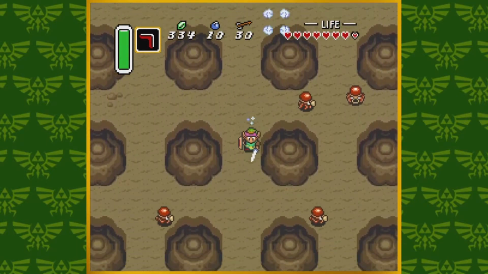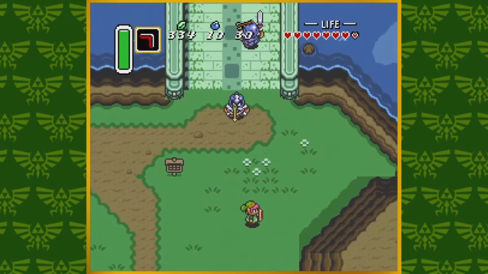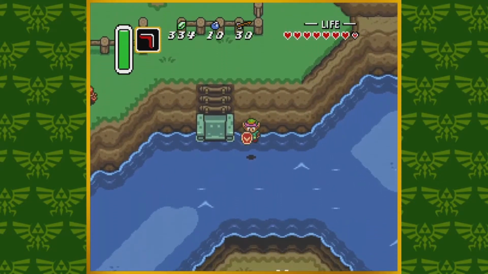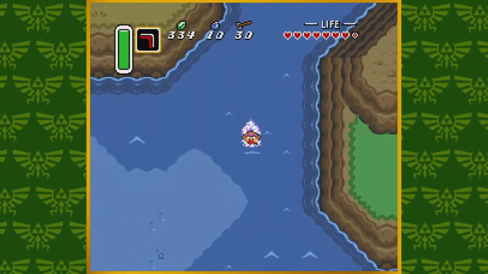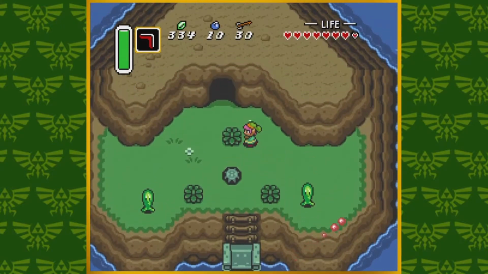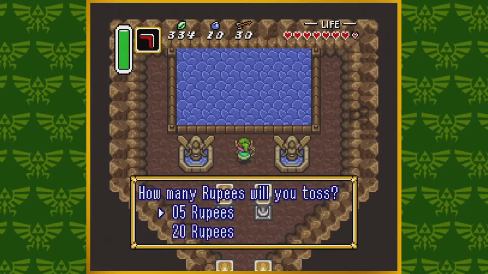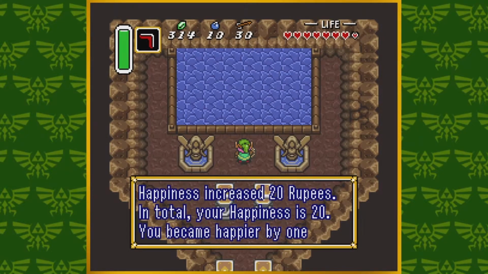So we go back to Lake Hylia, where we got the ice rod. See, there's a heart piece for later. And you'll notice this little island here. Go in here. We have another mysterious pond, but instead of throwing items in, we throw rupees in. So yeah, you can throw rupees into this pond,